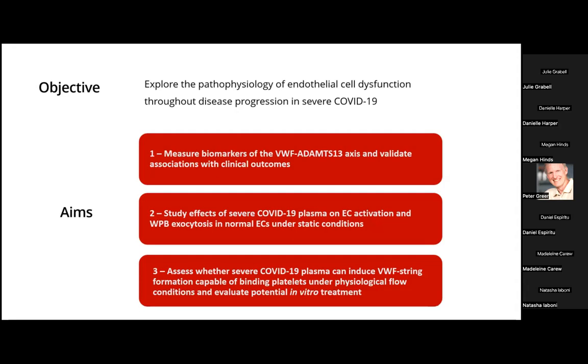For aim 2, it involves the study of the effects of severe COVID-19 plasma on endothelial cell activation and Willebrand body exocytosis in normal endothelial cells under static conditions. So this is looking at things through obviously a very acute lens. These are otherwise healthy endothelial cells that are just going to come into contact with the contents of the COVID-19